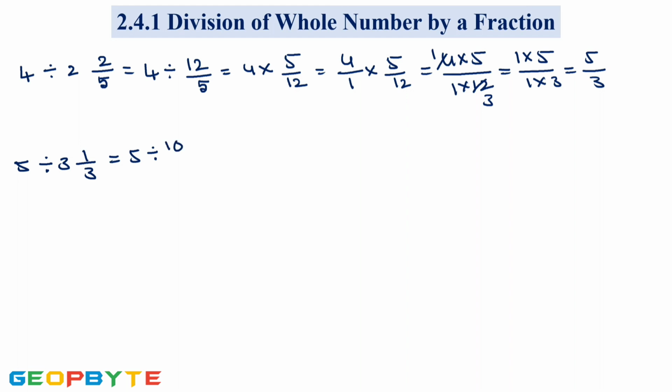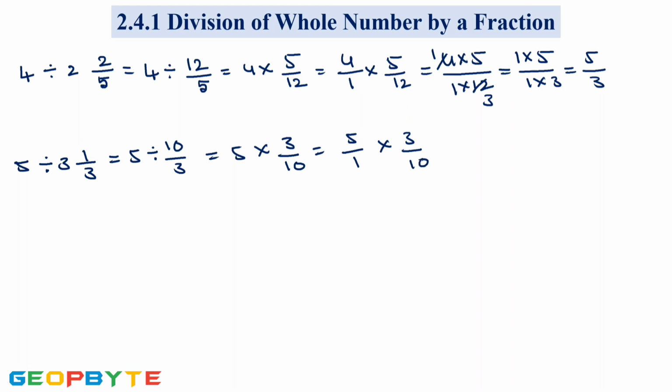So 10 by 3, which is equal to 5 into, we need to find the reciprocal of 10 by 3. So the reciprocal of 10 by 3 is 3 by 10, which is equal to 5 by 1 into 3 by 10,